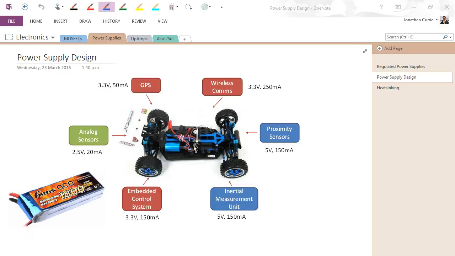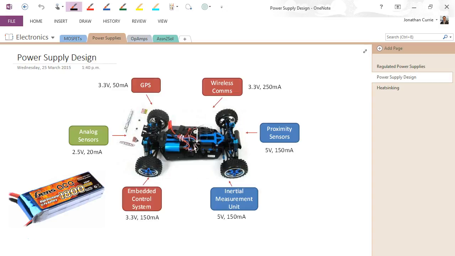In this video we're going to be looking at how we could go about designing a power supply for, could be an embedded circuit or a portable device, or in this case we're going to be using an example of an automated remote control car. So this was actually one of my project students'